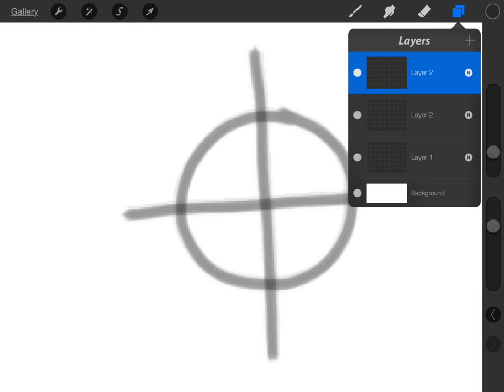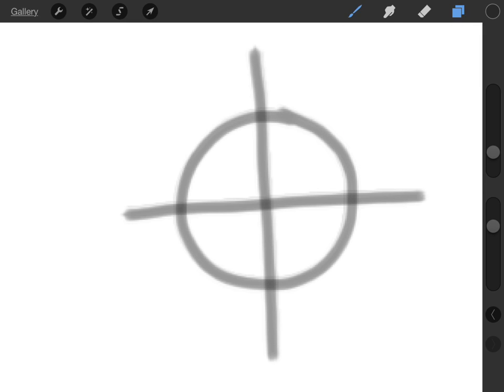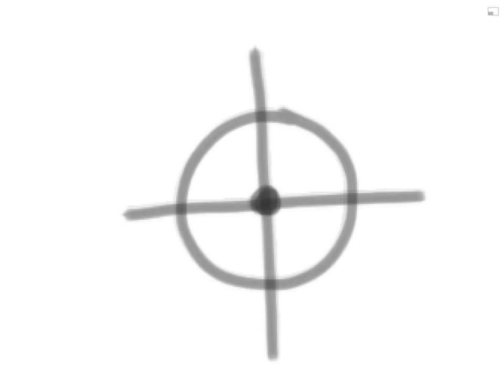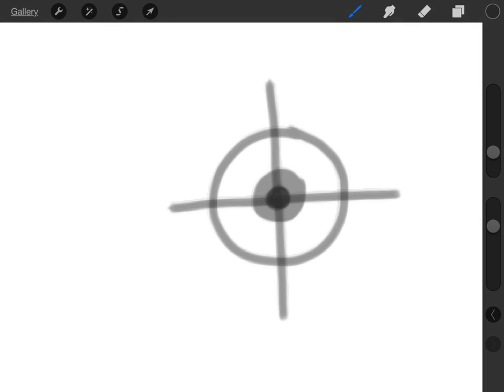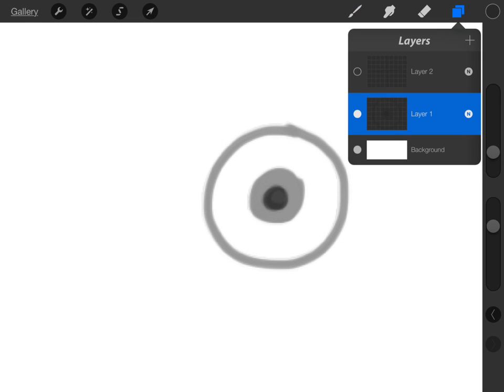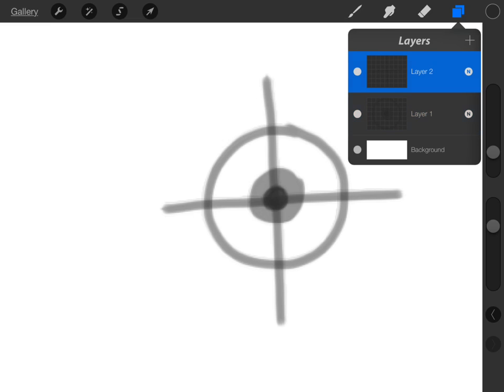Okay, so I've made a cross on the eyeball, and right in the middle of that, I'm gonna make the pupil, a bullseye, and the pupil. And I'm gonna take off that cross, or maybe I just keep it for reference. Now I'm going to add another layer because I have two layers, one with the cross and one with the